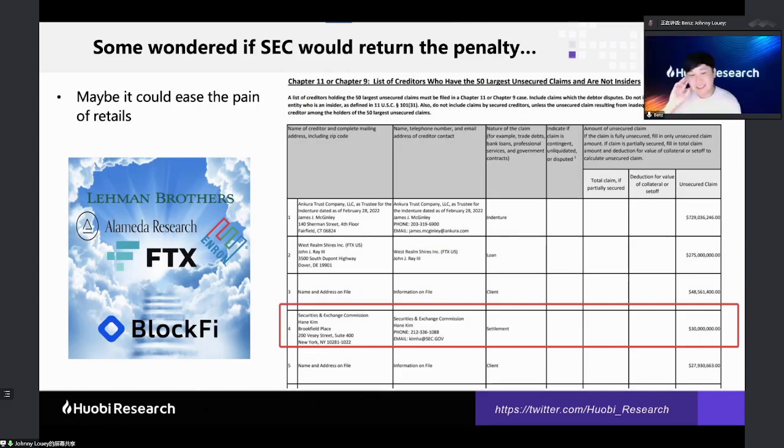Some big money records. They have loans to creditors, with the name of the creditor and complete mailing address here. They have some loans worth 275 million, and also indentures of about $730 million. And you can also see other big money. But one thing that raised our attention was the Securities and Exchange Commission, the SEC settlement, suing them for violating some regulation for selling unauthorized securities.